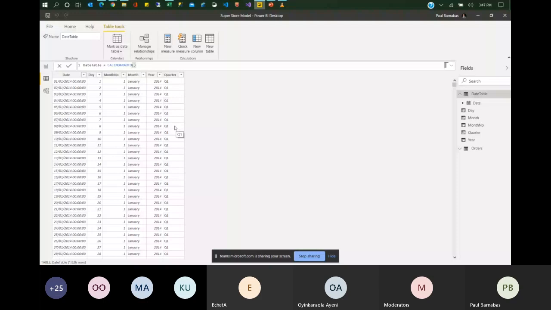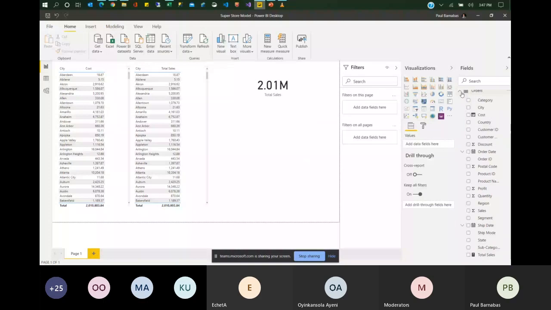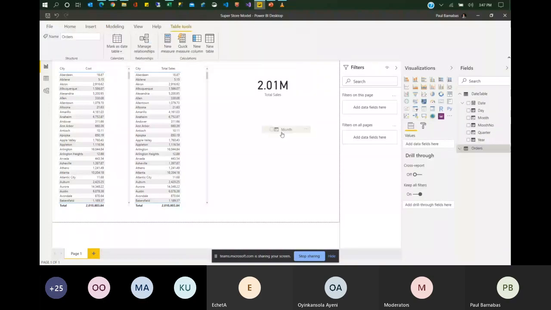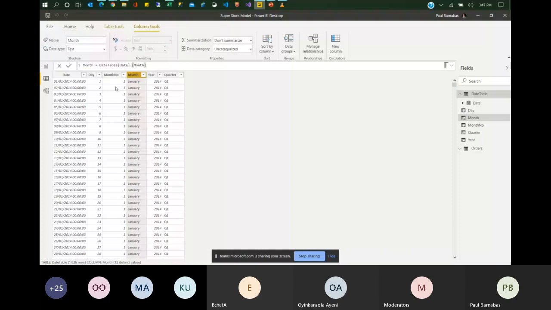So you might be wondering, why did I create a month number? The reason being is, if I drag my month into a visual here, you see that it does it alphabetically, but the arrangement of the Gregorian calendar month is not alphabetical. So I can easily go back and sort my month by this month number.